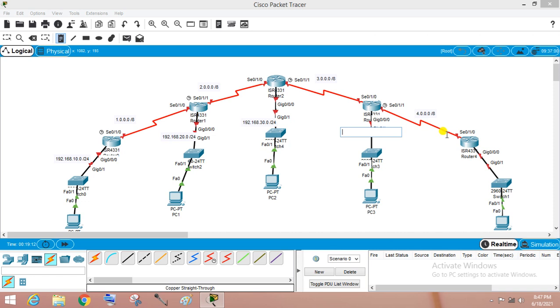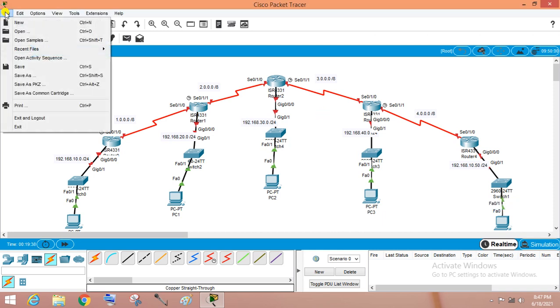Here will be 192.168.40.0/24. So 10, 20, 30, 40, and here we will use 50: 192.168.50.0/24. Okay, first we save it.